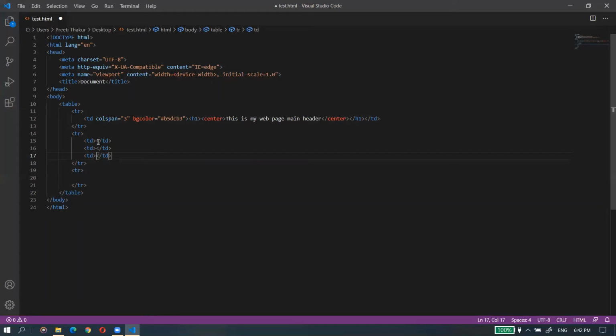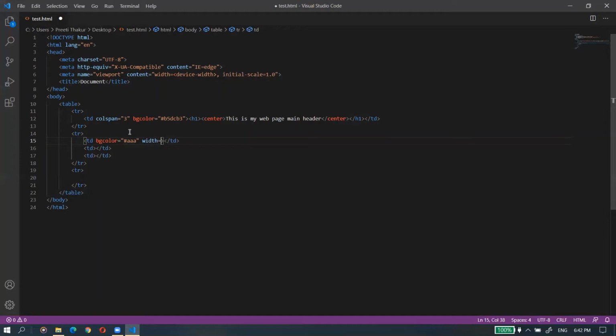I am taking a different color for it, so that it can be easily visible, that particular section. So I'm giving a color to it, and I'm giving this code to it. And now, importantly, I'm setting a width, and you can set height also.